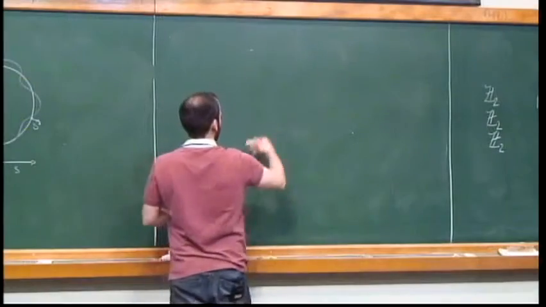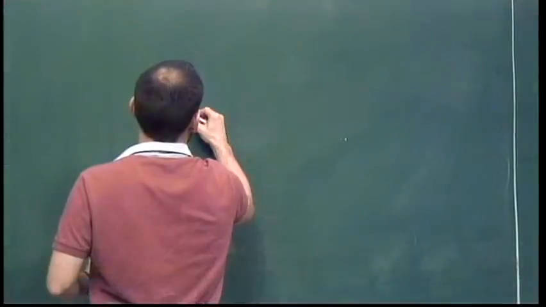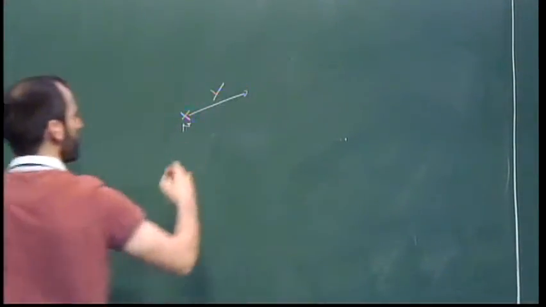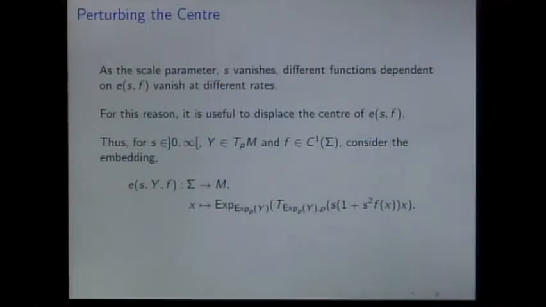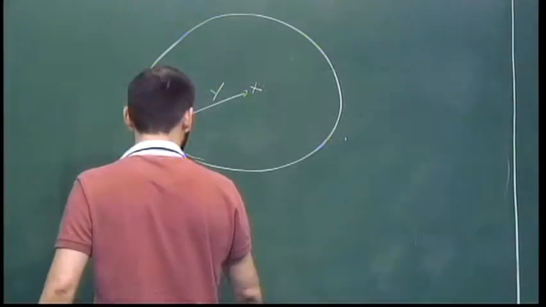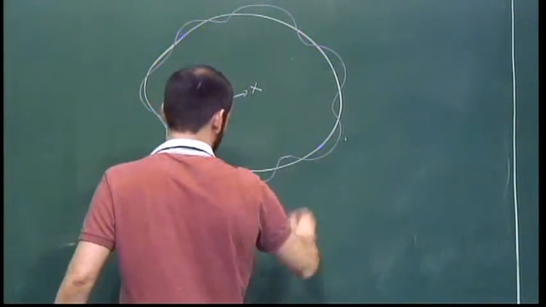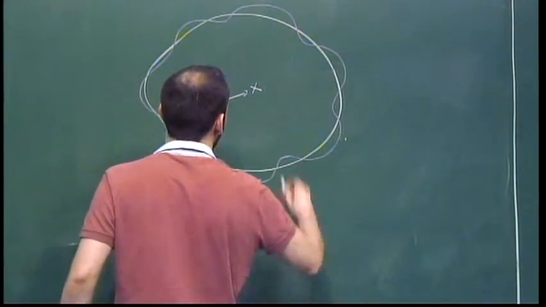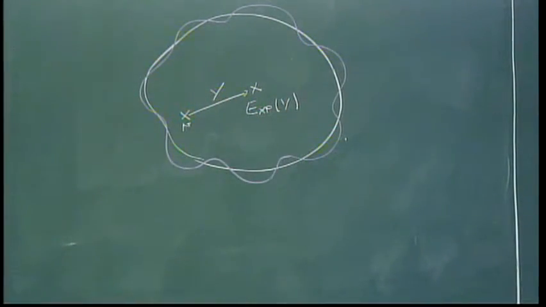Again, we start at a point P, but we have a vector y here, and we just move in the direction of y, like that. And we parallel transport. This t here is parallel transport along the geodesic from P to the point y. And we just parallel transport everything along this geodesic. So our new center is here, our new sphere is here, and all the data is parallel transported so that everything is now centered about this new point, which is the image of y under the exponential map. So this introduces a displacement of the center.